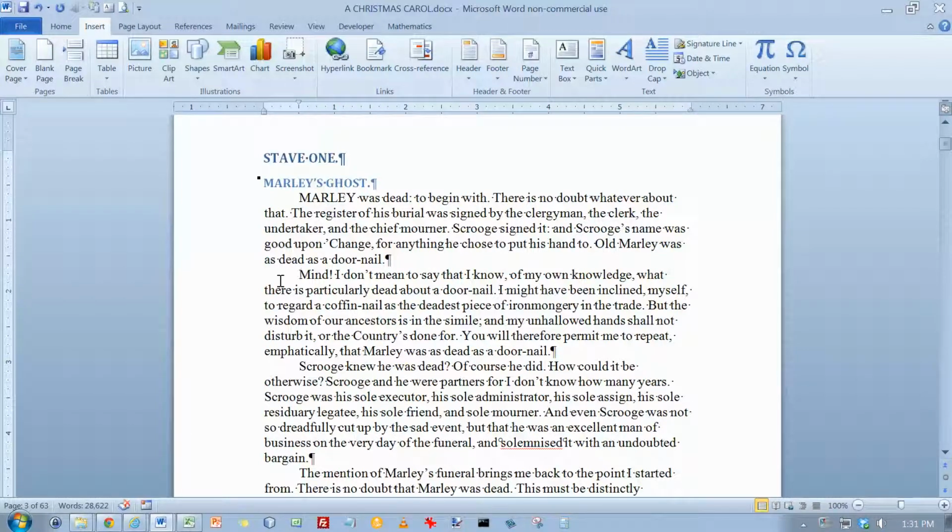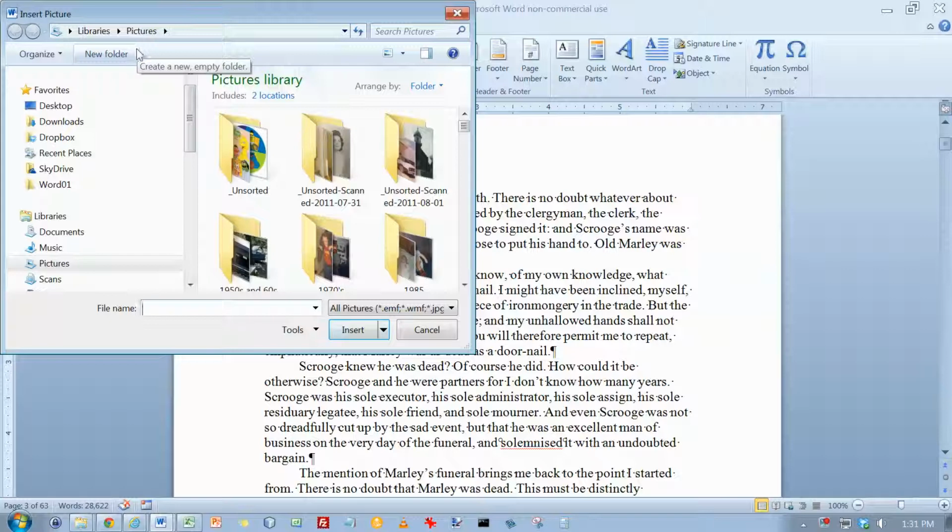In this video we're going to take a look at how to insert pictures and edit pictures in a Word document. Let's say I want the picture to occur at the beginning of this paragraph or between these two paragraphs. First of all, go to the Insert tab in Word 2010, and in the Illustrations group click on Picture, and